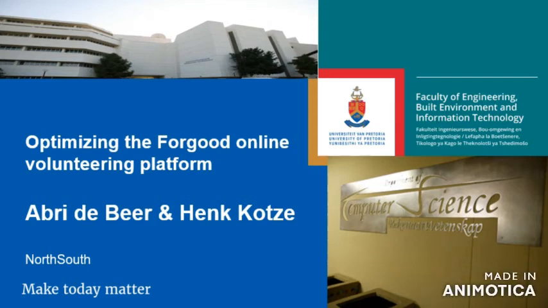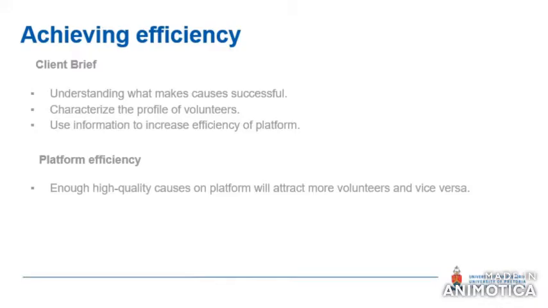Optimizing the Forgood online volunteering platform. How does one achieve efficiency on a platform such as Forgood? The client's brief was short. They want to understand what makes courses successful. They want to characterize the profile of volunteers, and using this information, they want to somehow increase the efficiency of